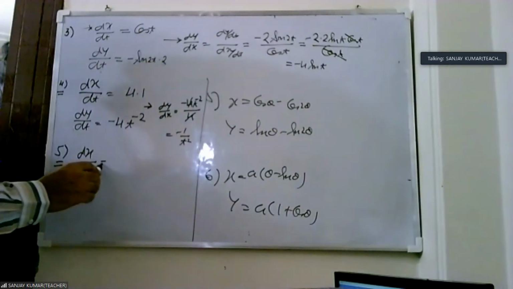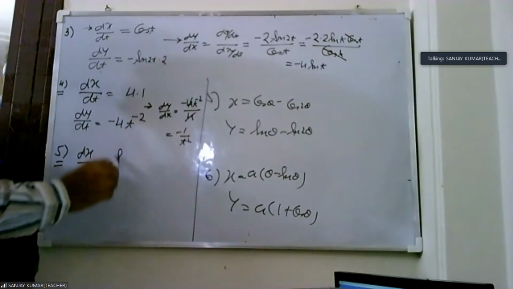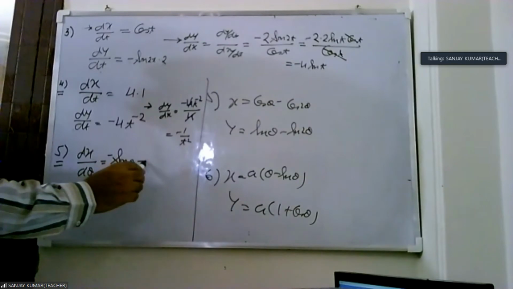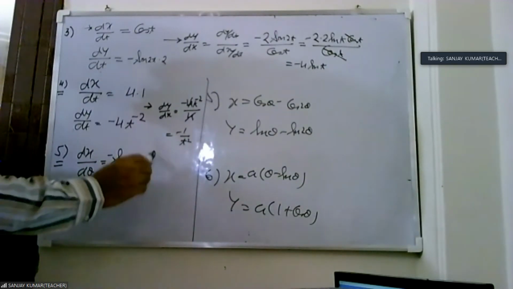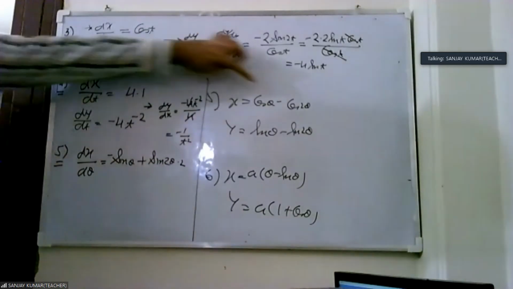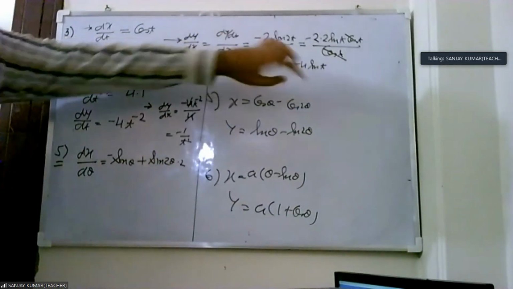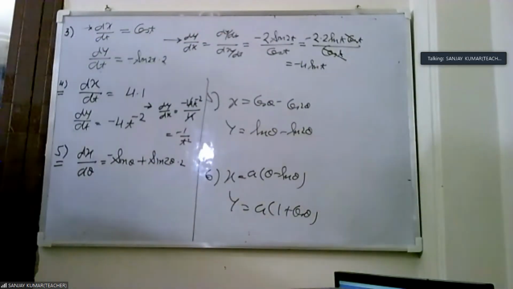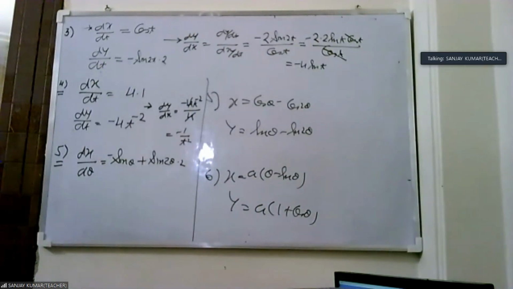Here theta is the parameter, so the derivative of cos theta is minus sin theta, and for cos 2 theta it is minus sin 2 theta into 2. See how we differentiate this? Cos is a term and 2 theta is the angle. So first we differentiate cos. The derivative of cos is minus sin 2 theta, into the derivative of 2 theta, which is 2.